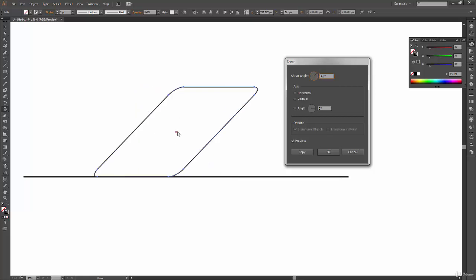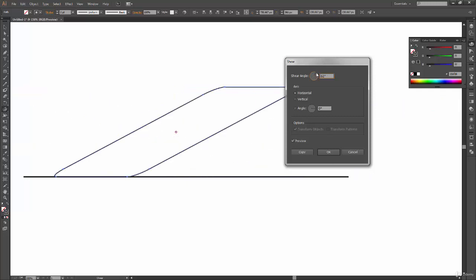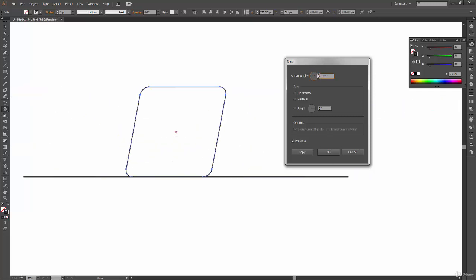Now again, the reference point is center, so it's shearing from both directions, from the top as well as from the bottom. And you can keep changing these values to have this reflected. Either you can click on this circle and drag your mouse, or to be at a high precision level, you can type your values from here. Let's say 45 degrees and press tab instead of enter to see your reflected values.